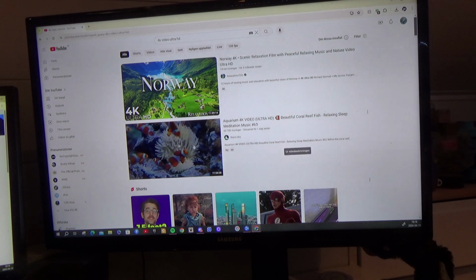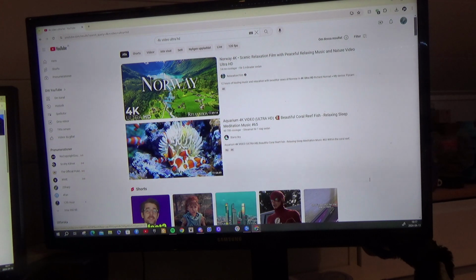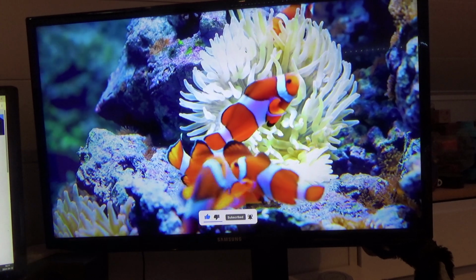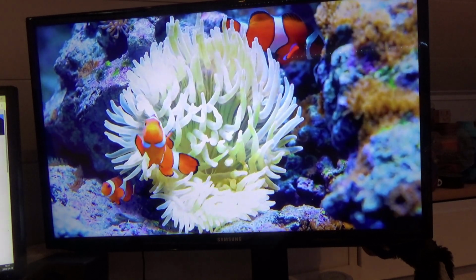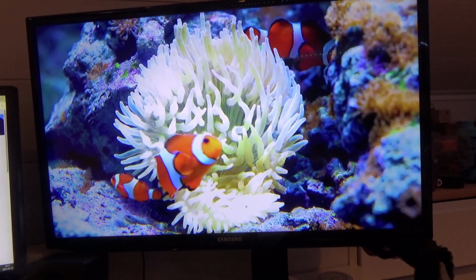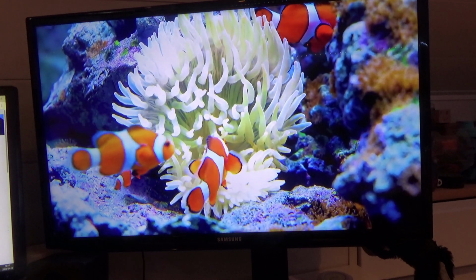So I'm going to start off with this 4K video just to show off the colors and the contrast of the TV and the projector and see which is best and which you should buy. Okay, so let's first look at the TV, and what I can already tell you is that the color is pretty good actually. You can see the contrast from black to white and from the blues and greens to the oranges on the fish. The colors are really good, and now I am using the TV